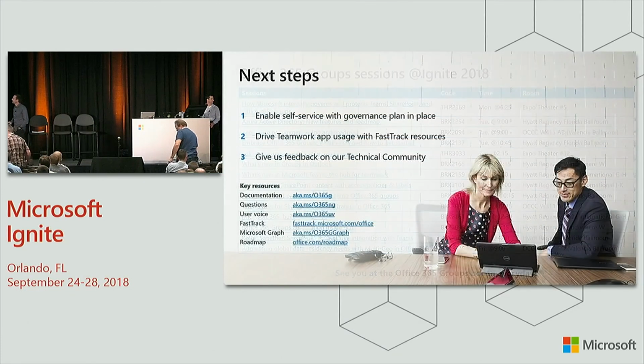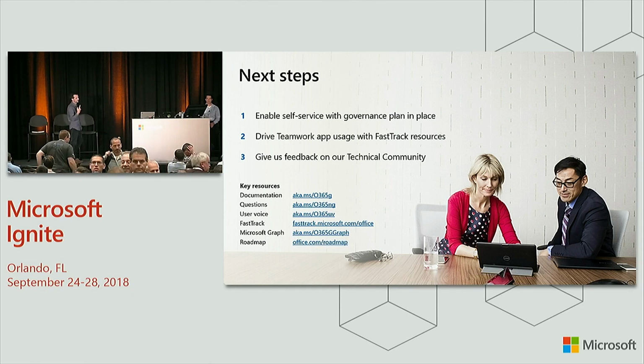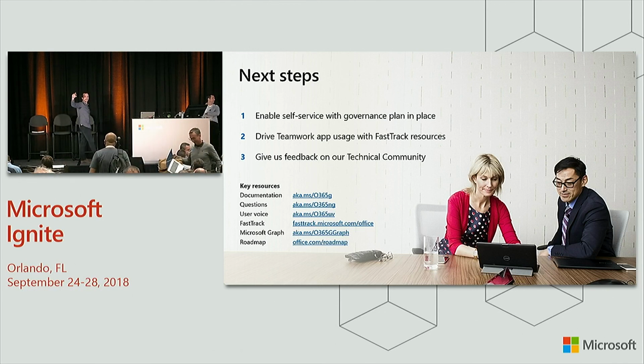So wrapping up before you all leave the session, hopefully there are 3 things we covered today. First thing is we talked about groups and how they fit in Microsoft 365 teamwork. It's definitely something that cannot be ignored and you should look at. We've talked about administration and how you can govern groups at scale so you can enable self-service, and then we've talked about getting started. There are 3 things we want you to do. First of all, enable self-service with governance, drive usage using some of the fast-track resources, and last but not least, and we mean it, give us feedback on all the things we've talked about or the things we didn't talk about. With that, enjoy the rest of the event, and happy Tuesday.